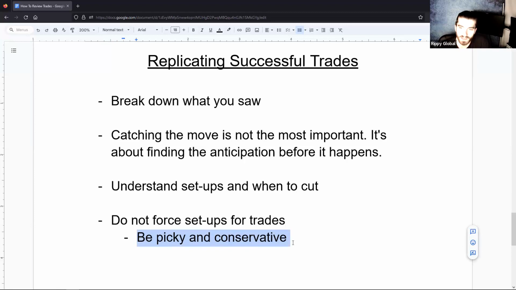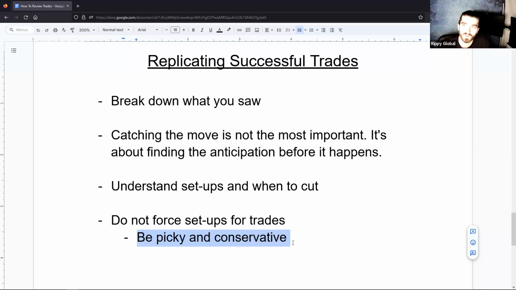You can't just buy in because you're bored. Like it's the same stuff at this point, guys. If you're not picking up on that, you can't just do stuff because you're bored. You can't have that mindset of I just want to trade today because I haven't done anything. You check your phone or laptop at 3 p.m., or let's just say an hour before close based off your time zone, and you're just telling yourself, man, the market moves so much. I just want to try something. You don't want to put yourself in that situation.